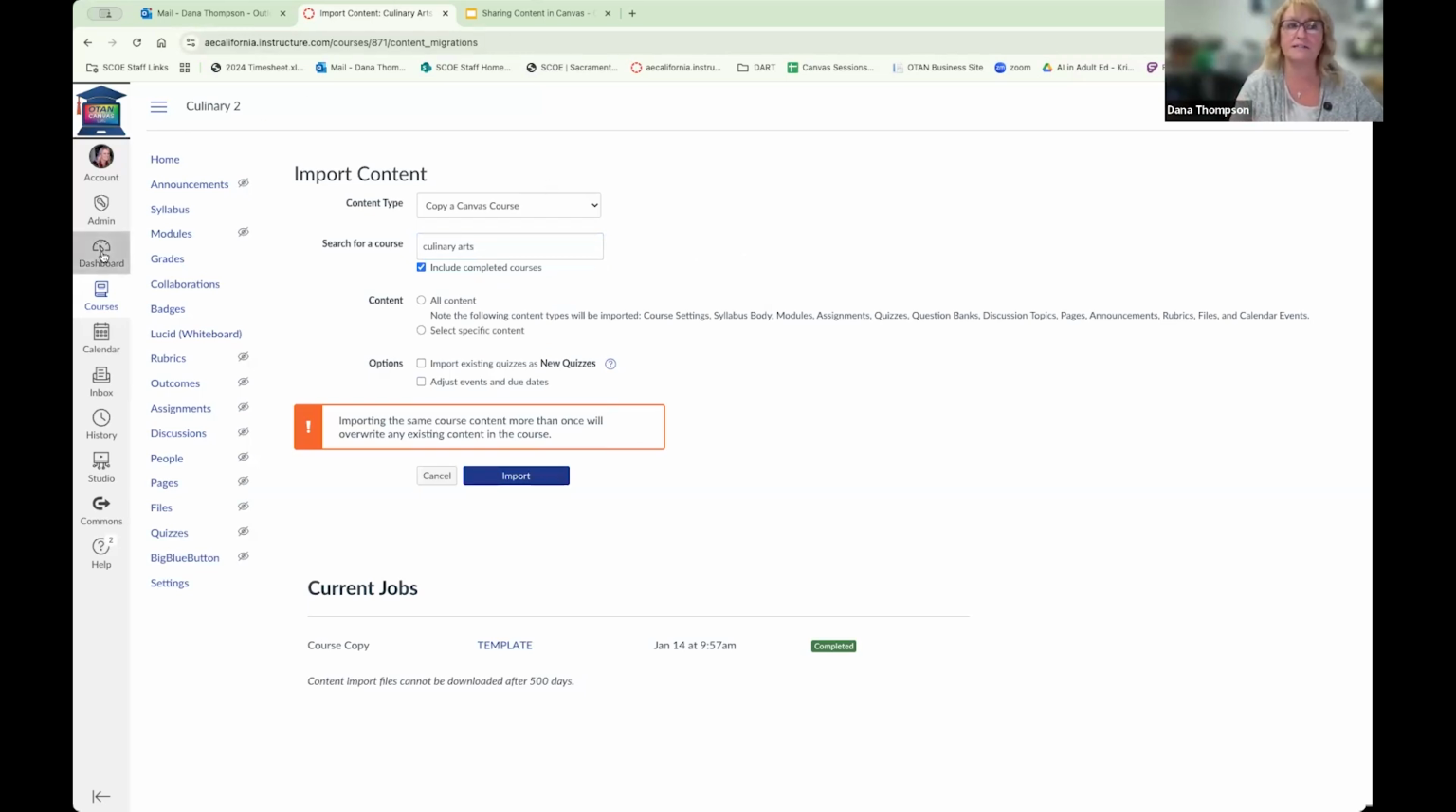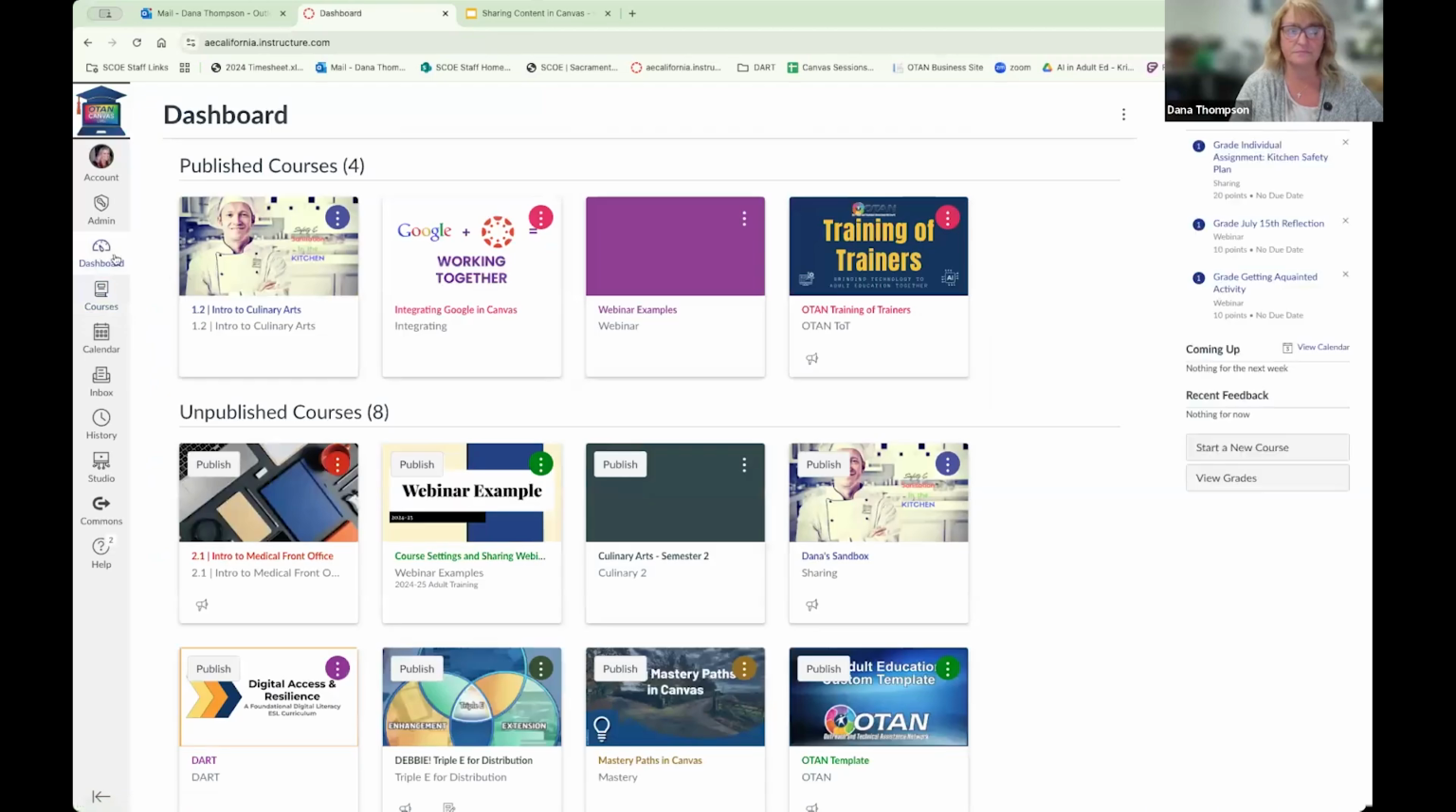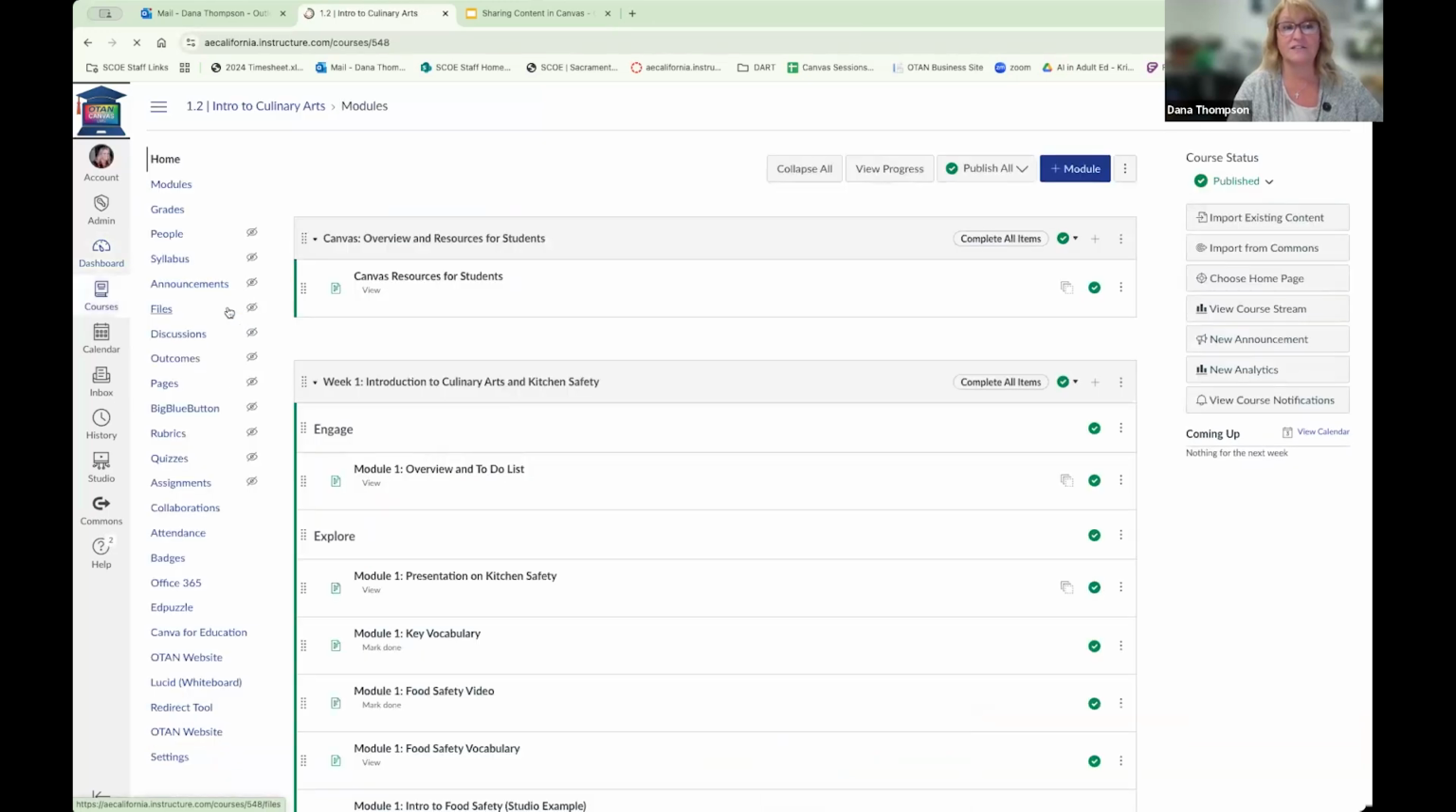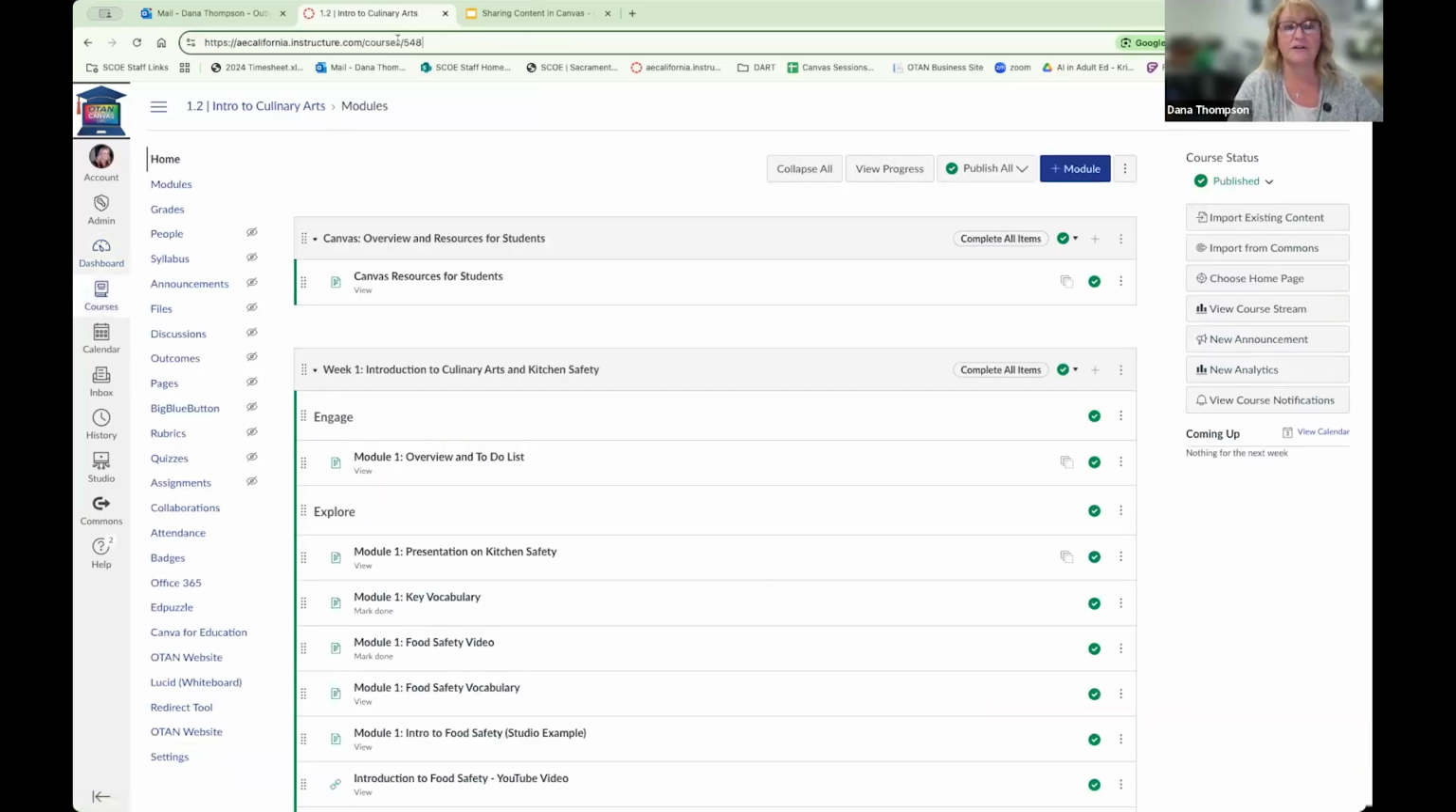So I'm going to go back to my dashboard. This is the one that I want to pull in. And here's a trick. I love this trick. I'm going to click on this course, and you can see up here it has a URL, and this number right here, sometimes it's 3 numbers, sometimes 4, sometimes 6, is your unique course ID. So I can search for the course that I want, and to ensure that I get the right content from the correct course, I'm going to search by this unique ID instead of the name,